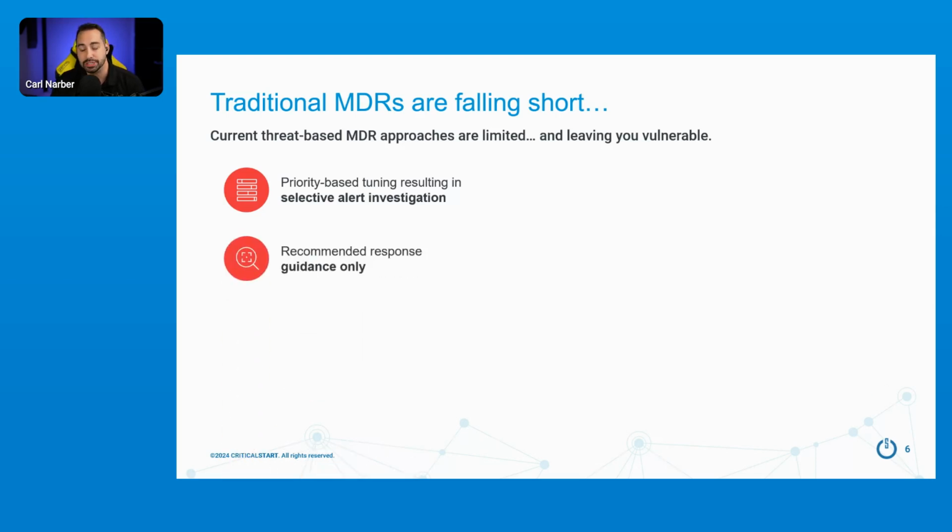Recommended response guidance only. This is extremely important because from the MDR perspective, you're relying on us to be the expert. If we're not giving you the proper guidance and response, then we're failing you. And that's where we need to come up and help you get ahead by telling you exactly what you need to do, because that reduces that dwell time, right? It reduces that risk because we're telling you exactly what you need to do instead of possibly opening up that runbook and going, what should we do here?